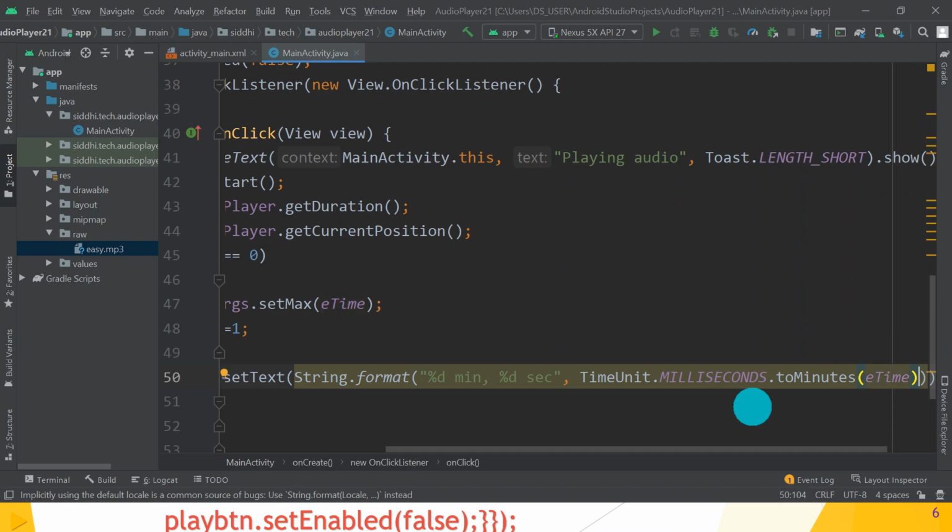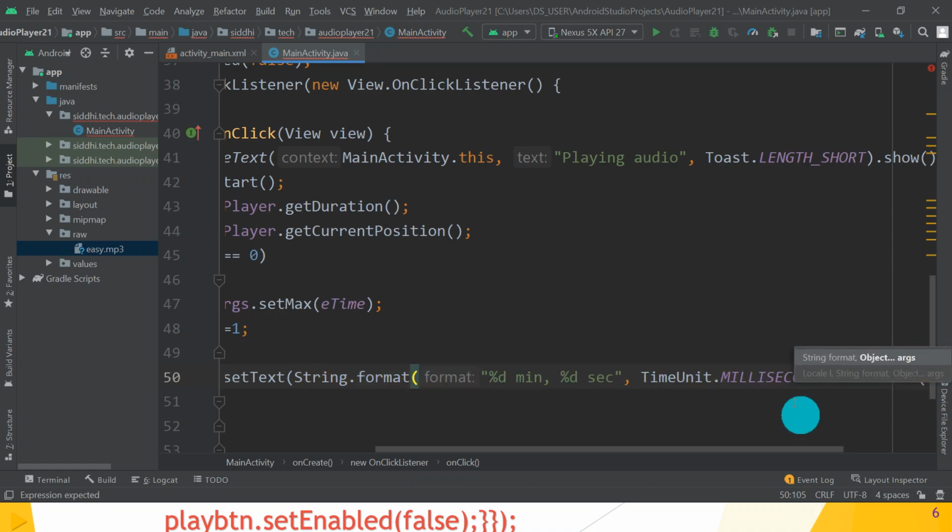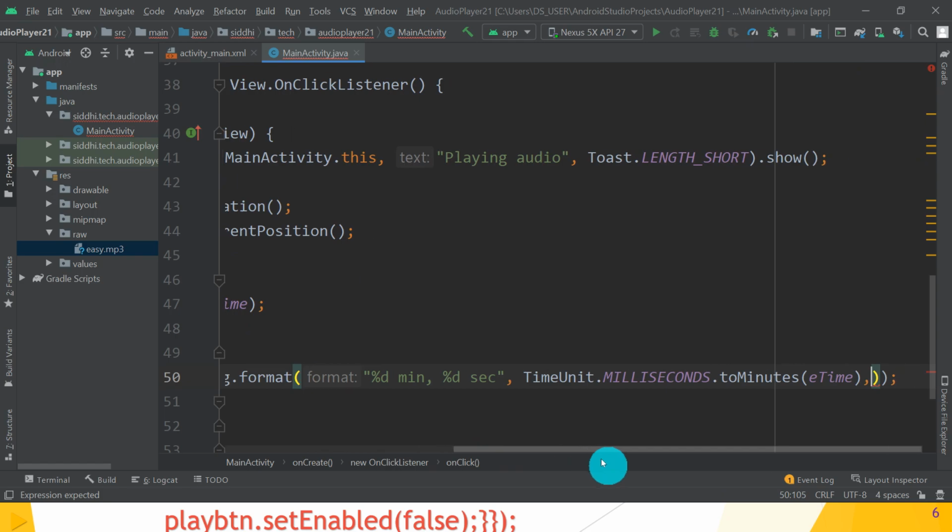Great. So this is the first argument, that is we have to take the total minute duration from your song. Great. After that calculate the seconds.